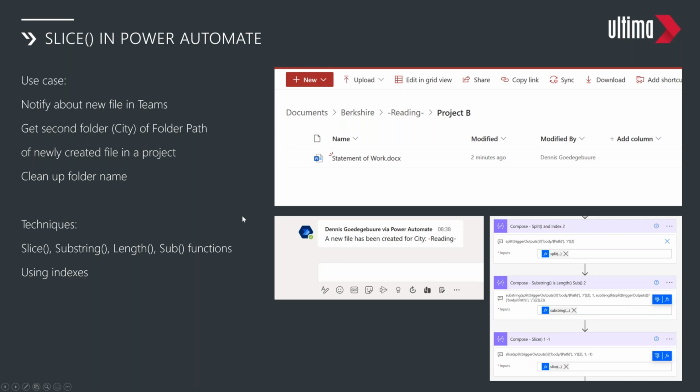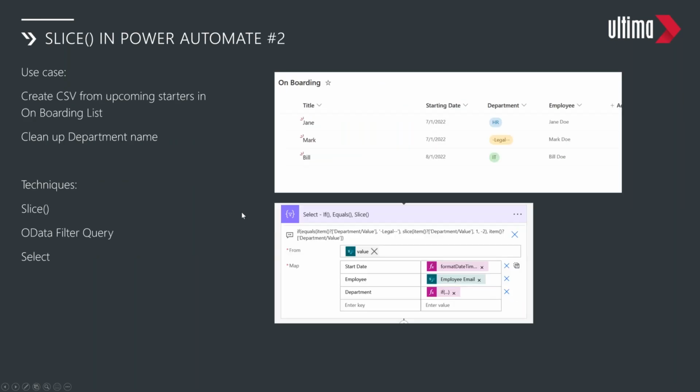The second version uses the slice in a scenario of an onboarding list. A lot of companies deal with joiners, leavers, movers, and sometimes you just need to prepare data for other systems. Other systems might consume a CSV file with all the new